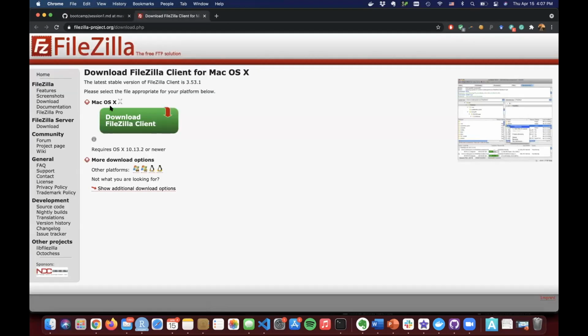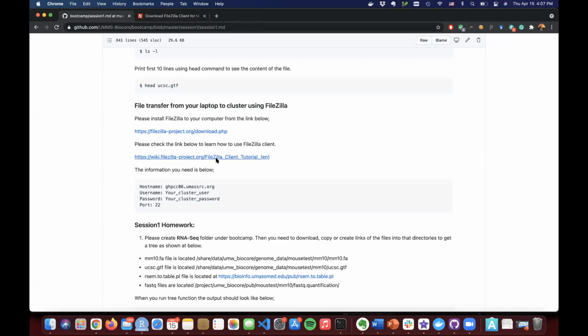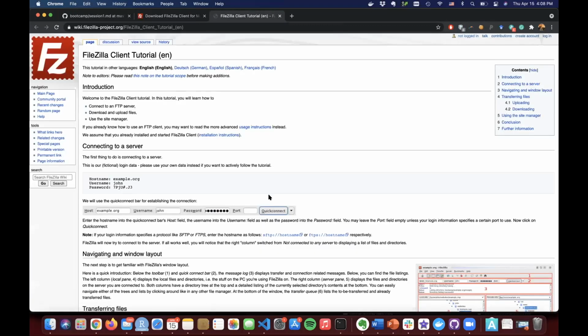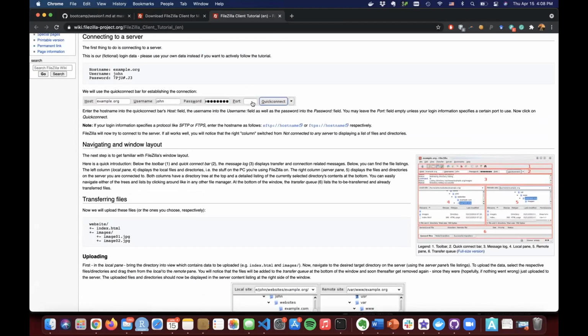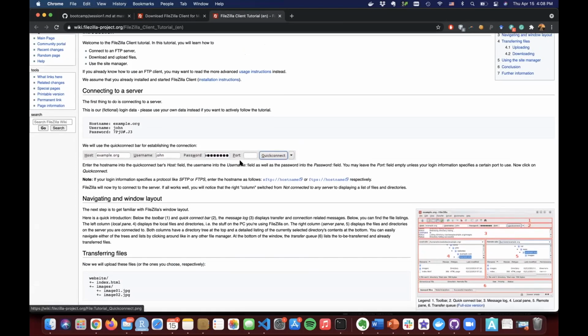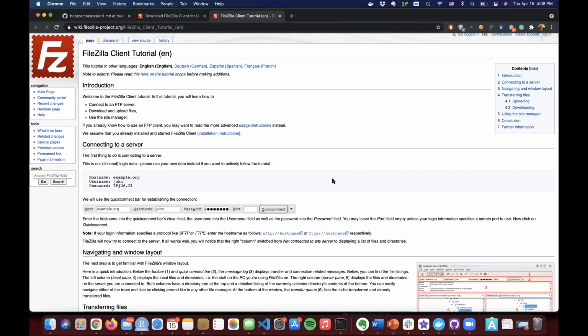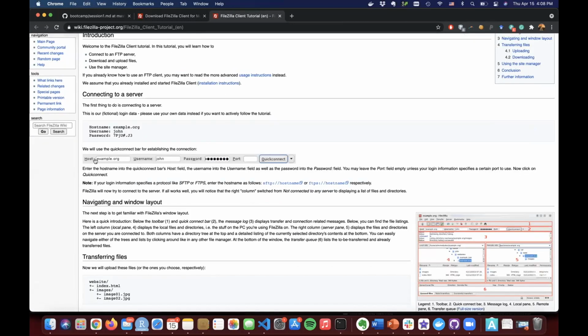On the download page, for macOS, for example, you can use this, or for other platforms, Linux or Windows, you can download it from here. And after you download, there's also a tutorial here that we put there. So how you connect, you can define your host, username, password, and your port. Usually it's 22, your SSH port, and you're going to use your username and password to log in, for example, to our cluster. Or if you work with other companies like GeneWiz or other sequencing companies, they might give you the host name, username and password,